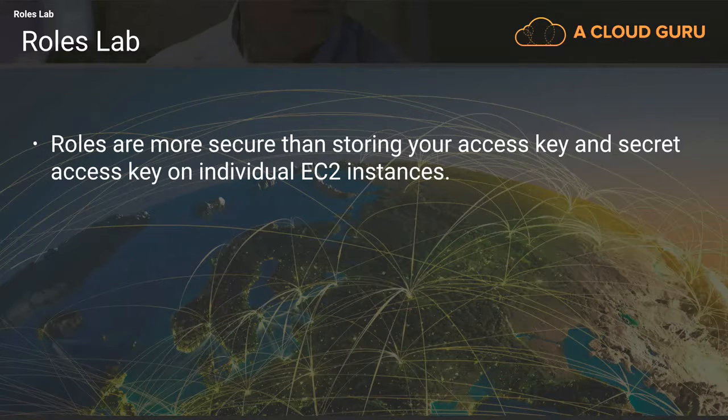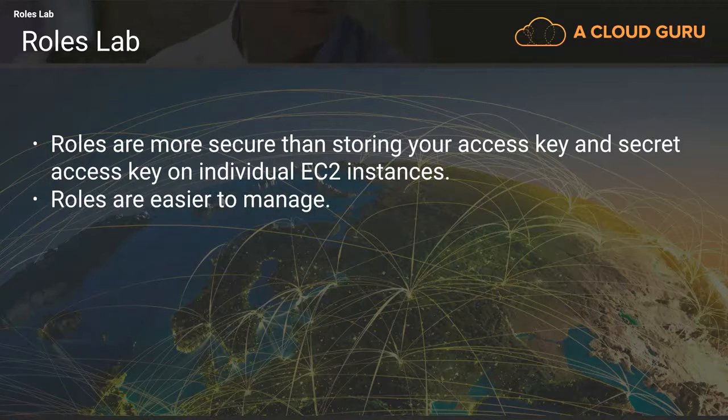They'll be able to access your AWS resources from anywhere in the world. It's much easier to just give an EC2 instance a role, which allows it to access other services such as S3. Roles are also much easier to manage because if you are storing your access key ID and secret access key on, let's say, 1,000 EC2 instances, and that key does get compromised and you suddenly revoke the key and reissue a new one,